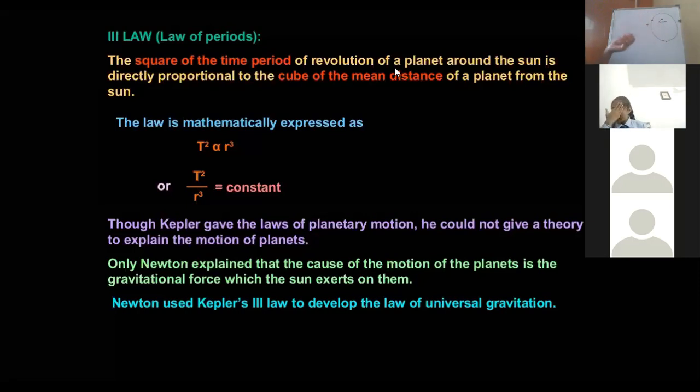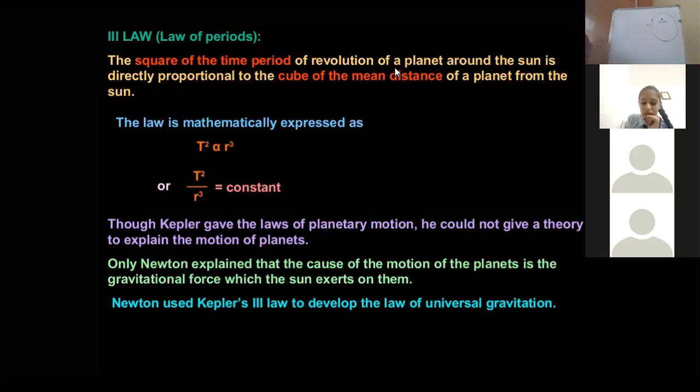It is not the same. For example, Earth takes nearly 365 days and 6 hours, and some other planets take a different time. Like Mercury does the revolution in nearly 24 days or something like that. So every planet has a particular time period, and this law is not only applicable to Earth, it's applicable to each and every planet which surrounds